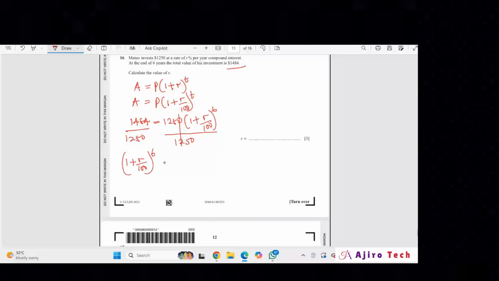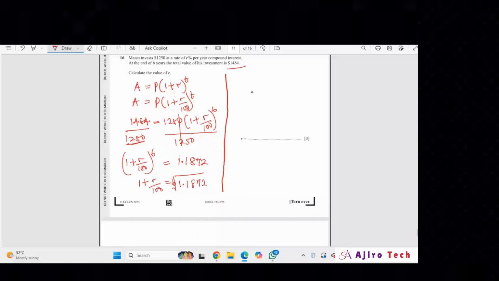1484 divided by 1250. So we have this answer here. If you divide this, it will give you an answer which is 1.1872. So let's remove the 6 there. If you remove it now, I can say let's take the 6th root of 1.1872. So if you press your calculator, 1 plus R over 100 is equal to